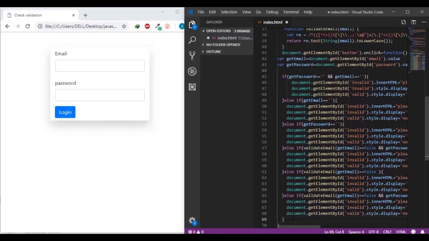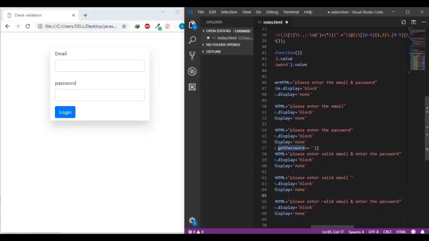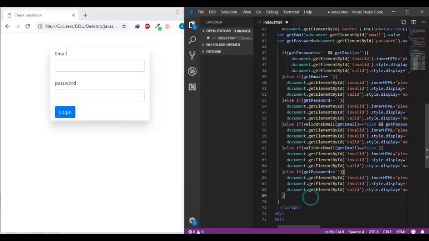And then if only the password hasn't been inserted, so in this case, please enter your password. But else, if none of those conditions is true, so else,